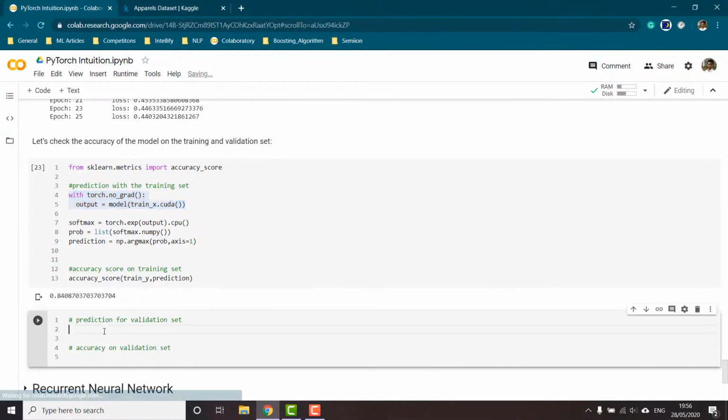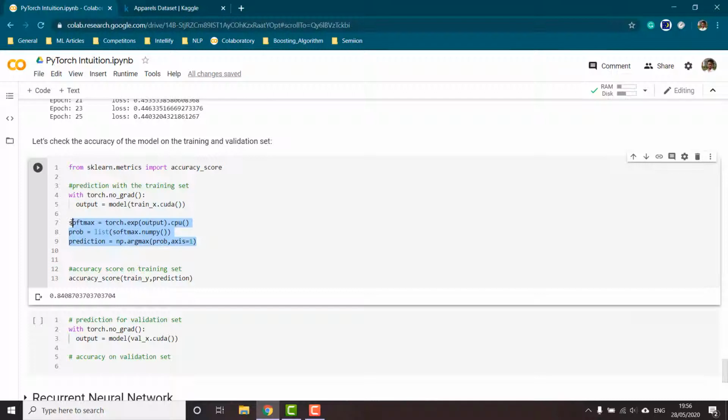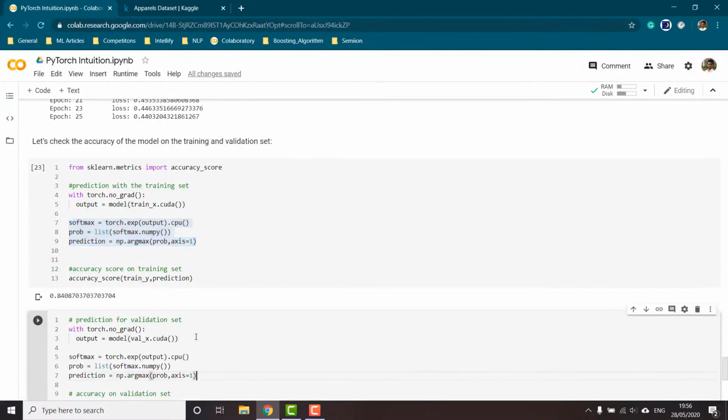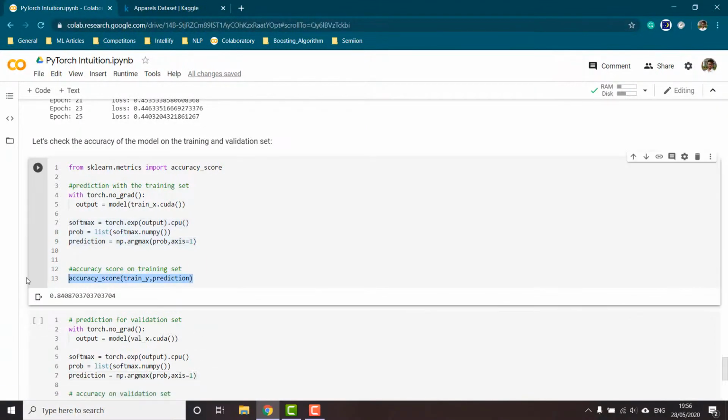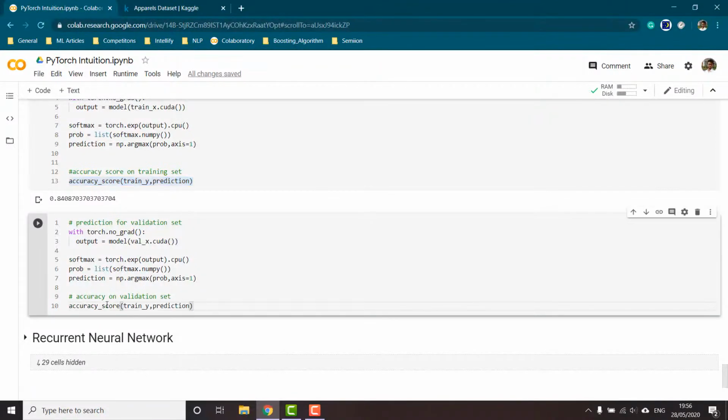I'm just going to copy this. Instead of train X, we are going to have validation X, and then the softmax and probability would all be the same. And then in the accuracy score, we are going to have validation Y.